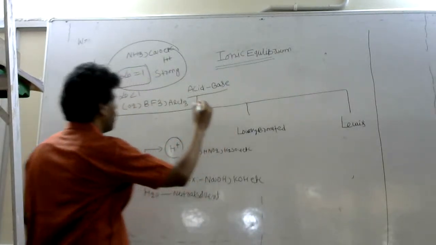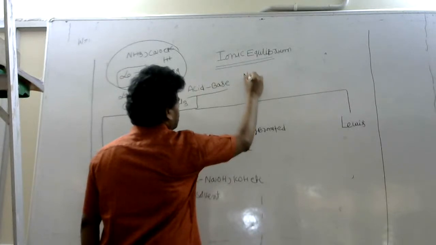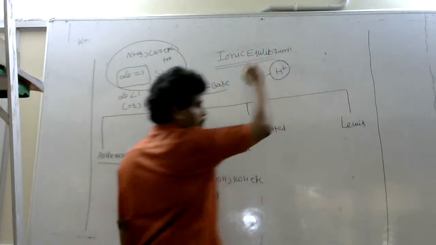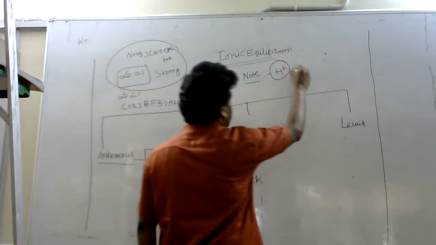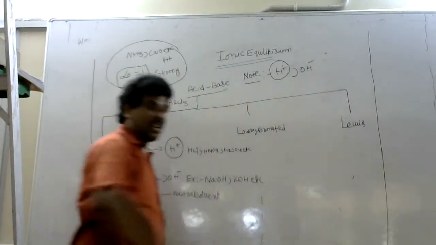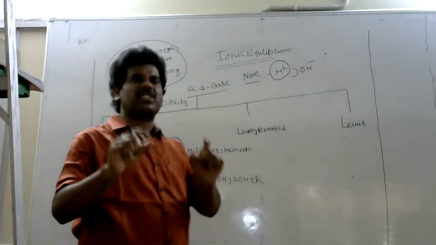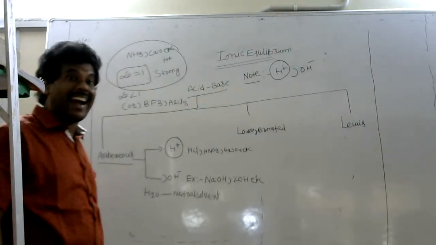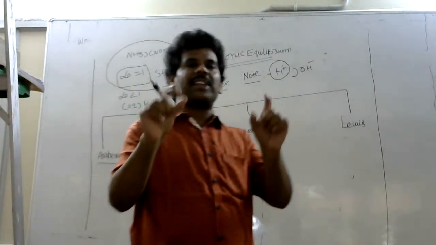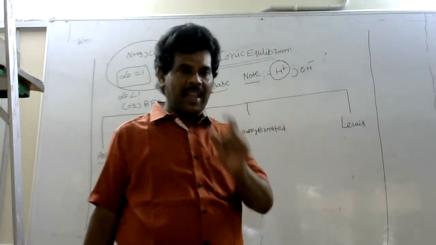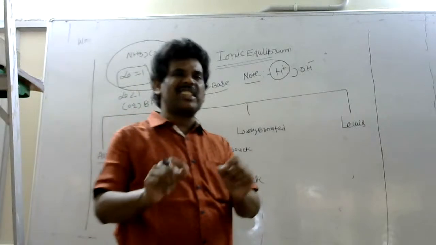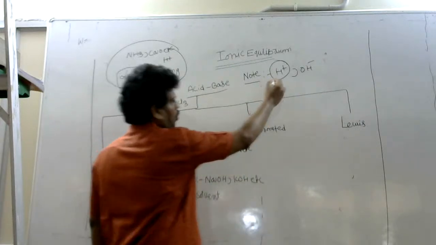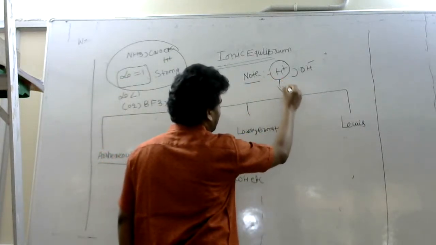Important note: H plus ion and OH minus ion in aqueous form exist in hydrated form. Why do H plus and OH minus ions exist in hydrated ion form? Simple reason: they are very small size ions. So in aqueous form, H plus ion exists in